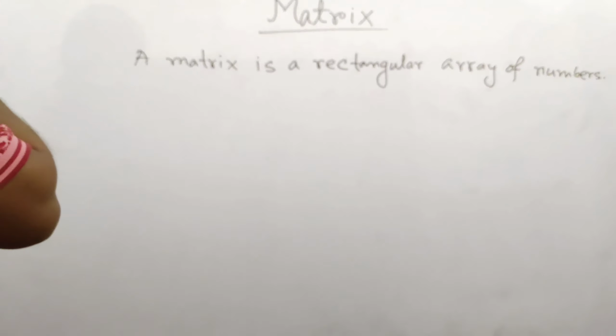Number 3, we will learn the square matrix. That means the number of rows and number of columns must be the same. That is, it could be x1, x2, y1, y2. So this is a square matrix because here there are 2 rows and 2 columns. So if in any matrix the number of rows and columns are equal, this matrix is called a square matrix.